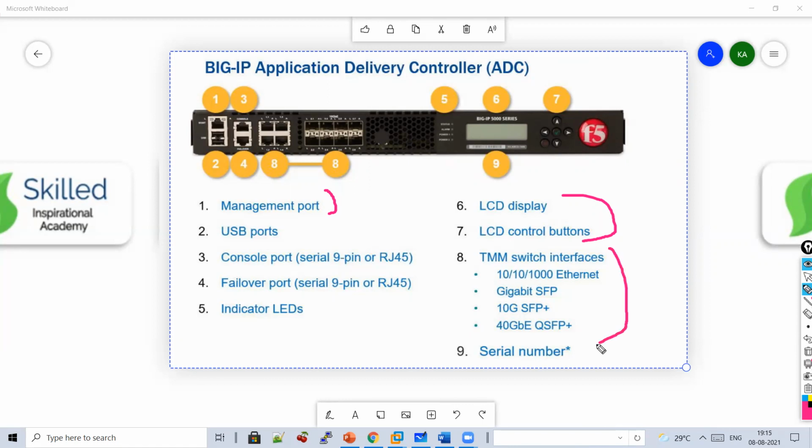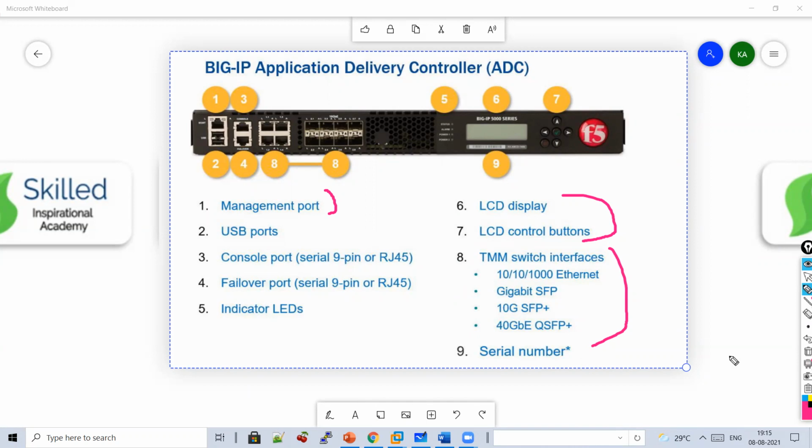Now, these two I have already discussed. TMM switch interface. This will basically help you to connect your F5 to the switch. It can be your uplink switch, it can be your downlink switch. So this is how it will help you to monitor different things.